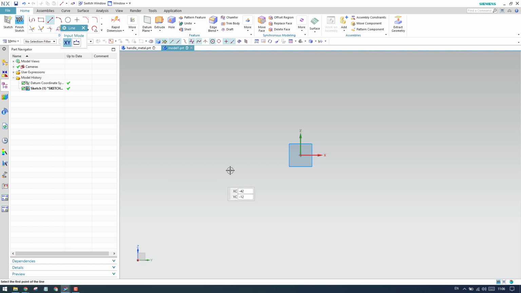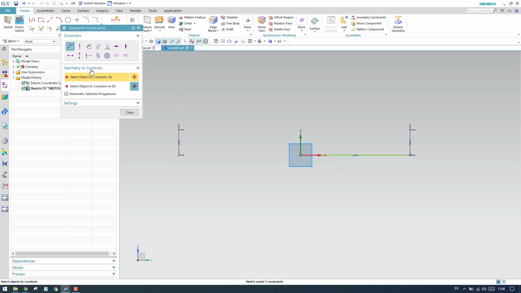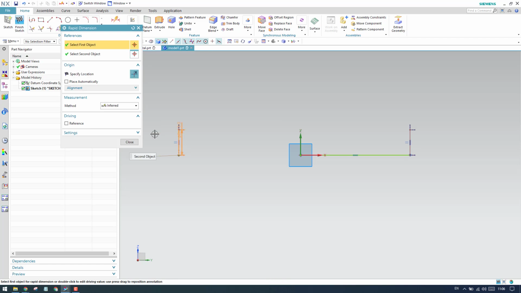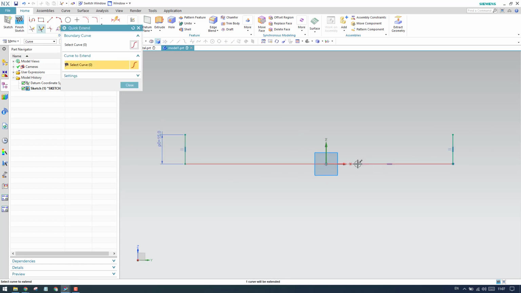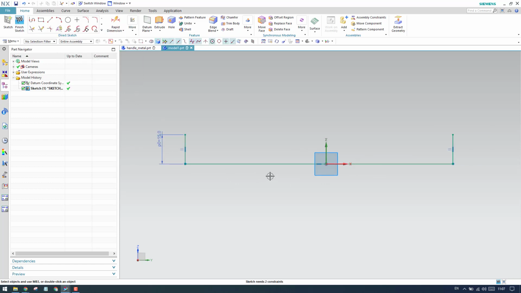Let me create some sketches. I will draw a line here and a line here as well. In the same way I'm going to draw it on the other side, and these two lines should be equal, so I'll give equal length between these two, and then let us give some dimensions. This is 15 mm. Now let me extrude this with the E command, so it is extruded until this.